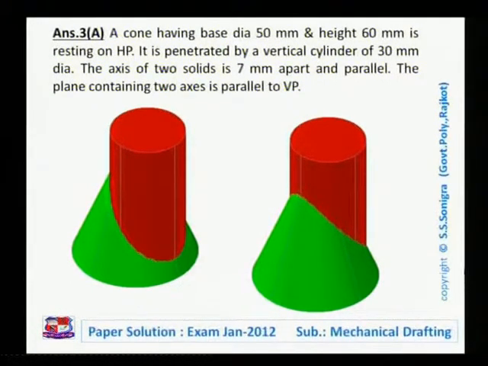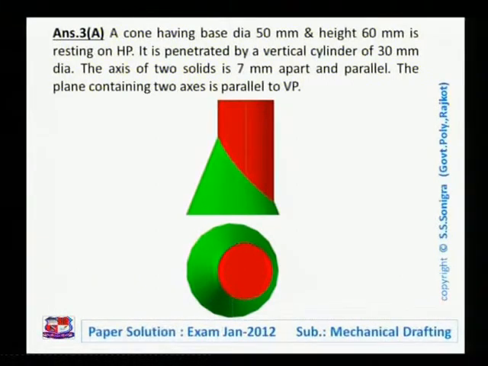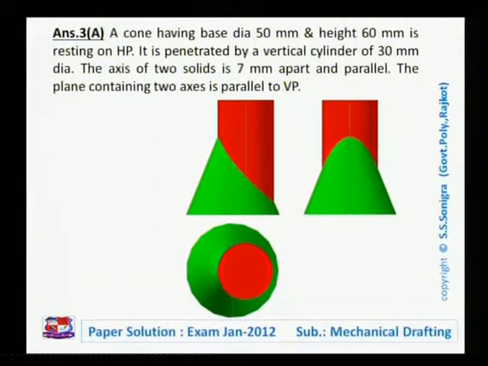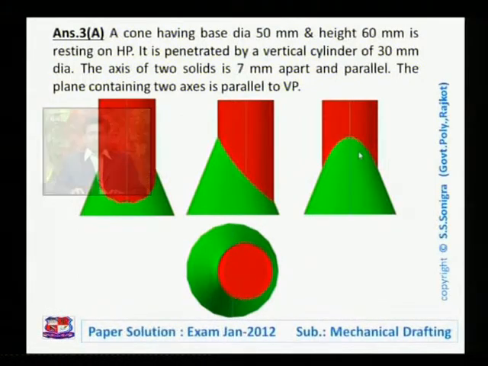So this curve would be the curve of intersection. These two, 1 and 2. If you look from the front direction, this is the curve. From the back side, this would appear like this. And in the top view, both these solids will appear as circles. So let me draw. This is the top view of the given condition, cone and cylinder. This is the front view of the given condition, and this is the side view of the given condition. That is, this is the left hand side view and this is the right hand side view.